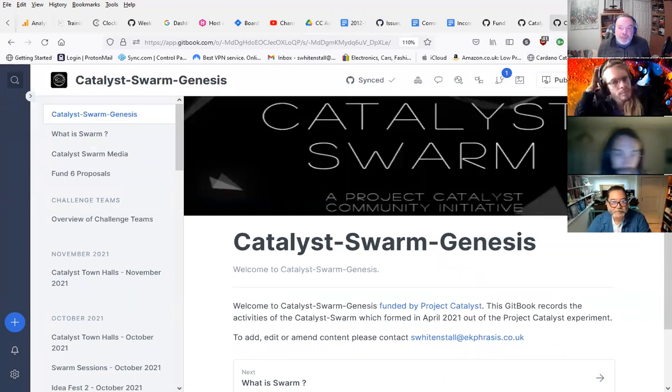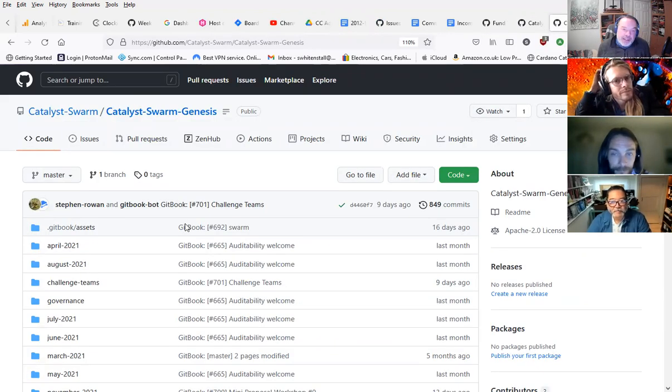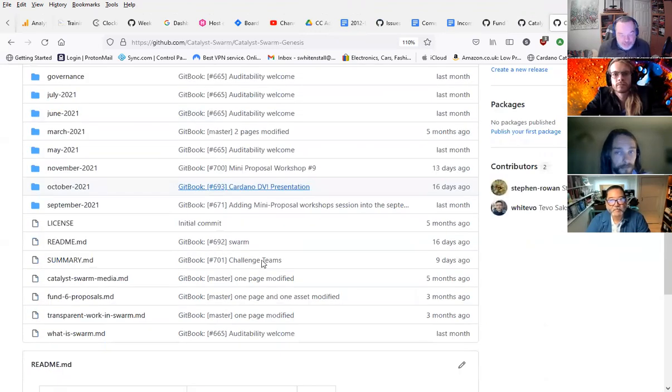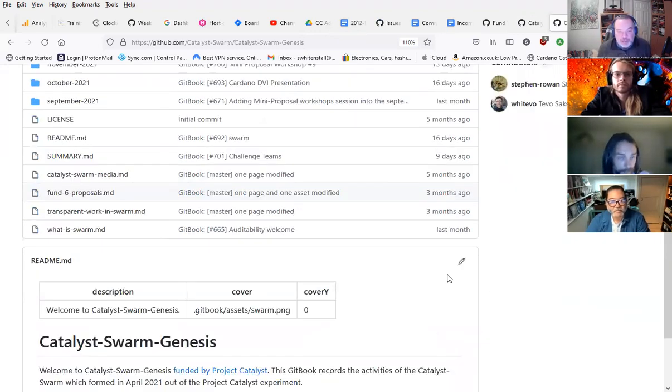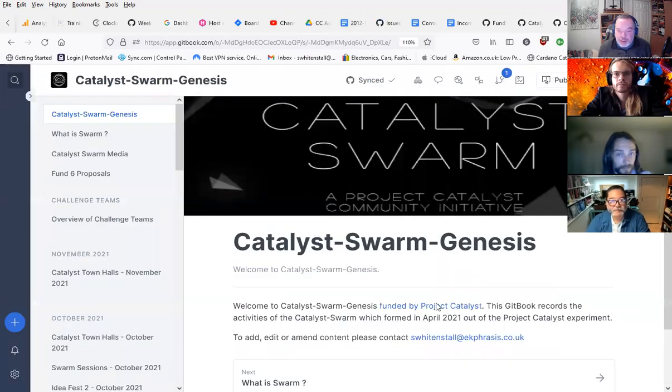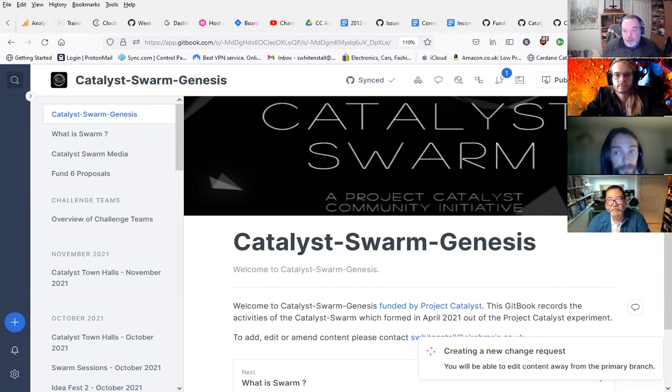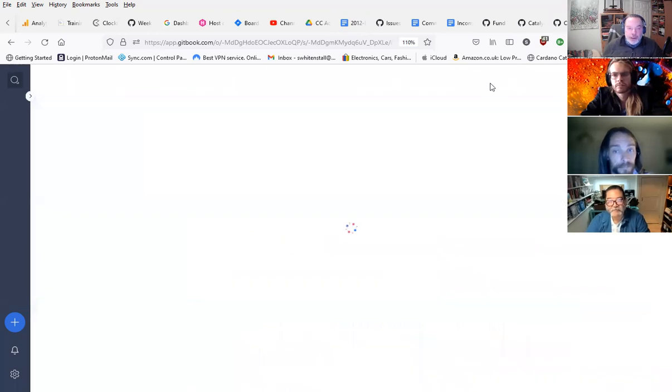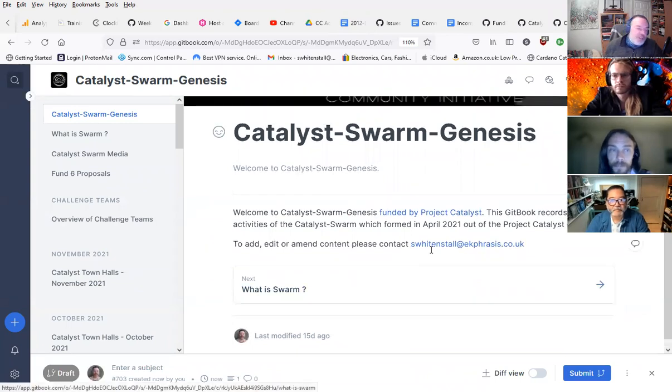Okay. Now it's set up that this is given priority over that. So I could actually make changes here, and this is restricted, but I could make a change here, and it would then merge into the GitBook front end here. But you can also edit directly in the GitBook interface, and this makes it more user-friendly for people. So if I go to the Capitalist Swarm GitBook, then it's more what-you-see-is-what-you-get